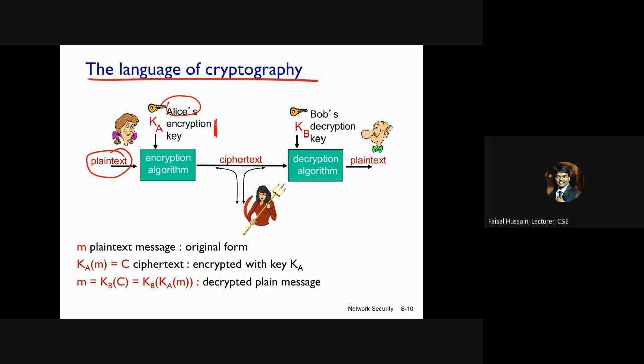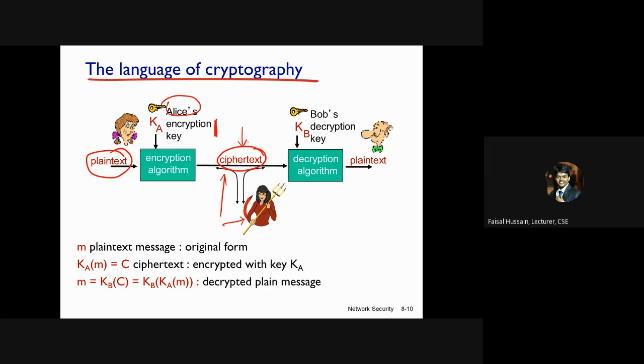It takes the encryption key and the plain text and encrypts the plain text, which is known as cipher text, and is sent over to the decryption algorithm. And Trudy in between is trying to take over the cipher text, but if she doesn't know how to decrypt the cipher text,